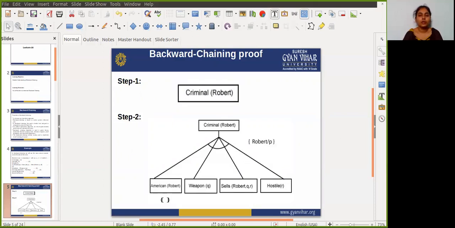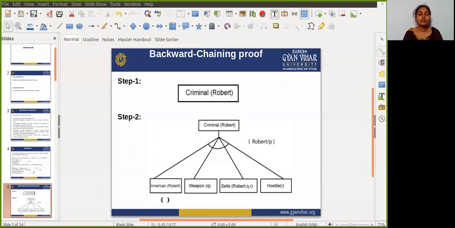we wrote first order logic for this line. Okay, so at the first step, we will take a goal fact, and from the goal fact, we will infer other facts, and at last we will prove those facts true. Okay, so our goal fact is a robot is a criminal. So following is the predicate of it. So you can see here. Robot is a criminal. For that, in first order logic we write a statement like this.